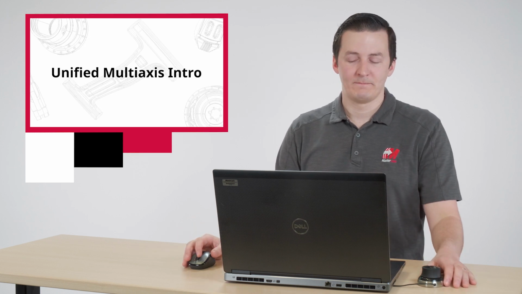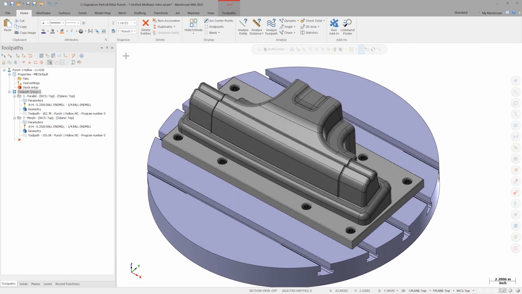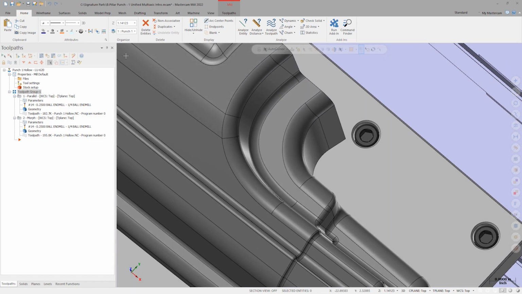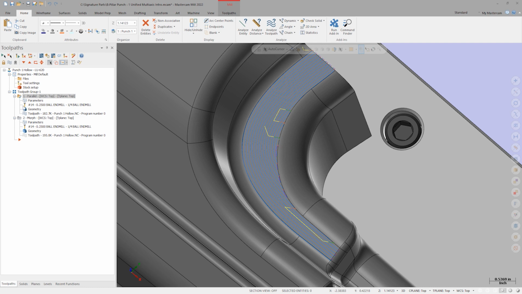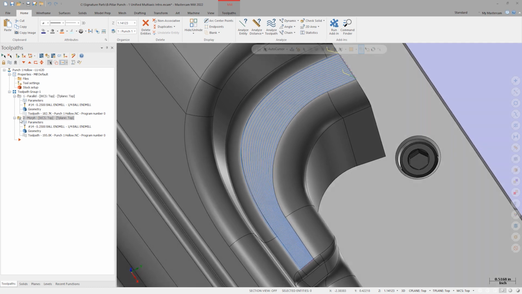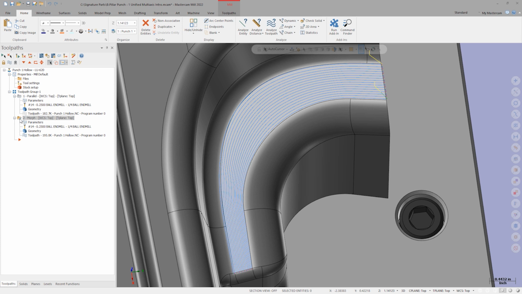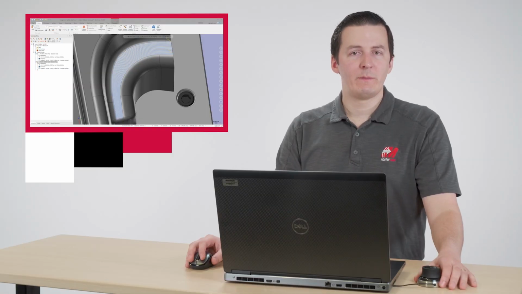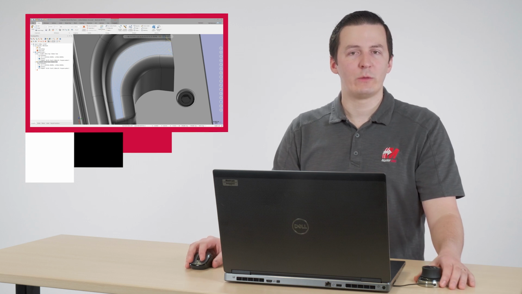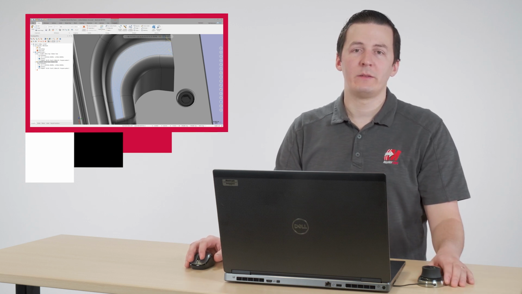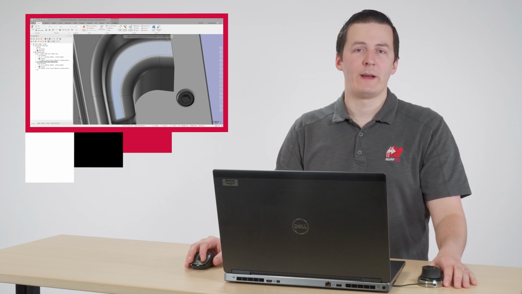never possible before. Traditionally, we would need a pre-existing vision of our target cut pattern before choosing a toolpath type. If I wanted to create perfectly parallel passes with a constant step over, I'd need to select the parallel toolpath. If I wanted to sacrifice perfectly constant step over to clean up some unwanted retract motion, I'd select the morph toolpath. If I changed my mind, I would have to start over again. With the release of Mastercam 2022, multi-axis programmers no longer need to spend time wondering which toolpath to use. The Unified Toolpath is the answer, even if you have no idea what your final toolpath should look like.